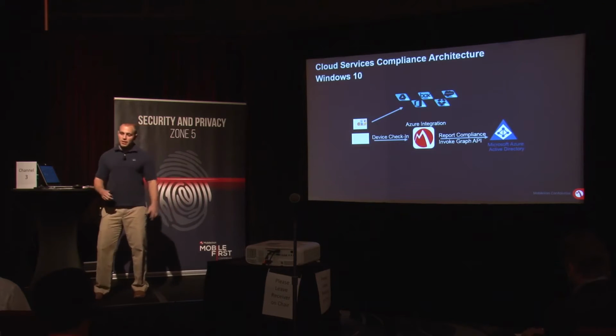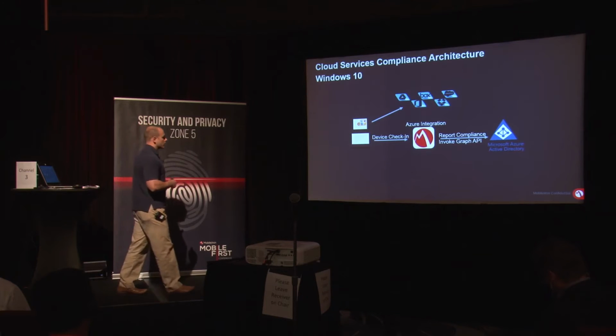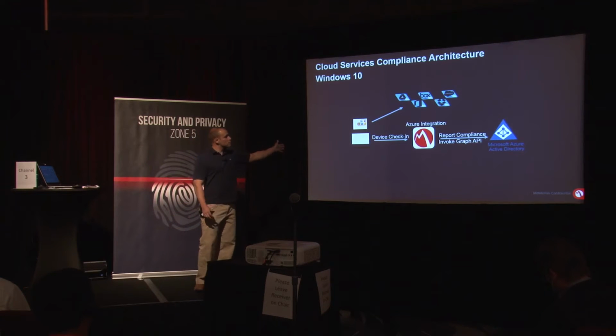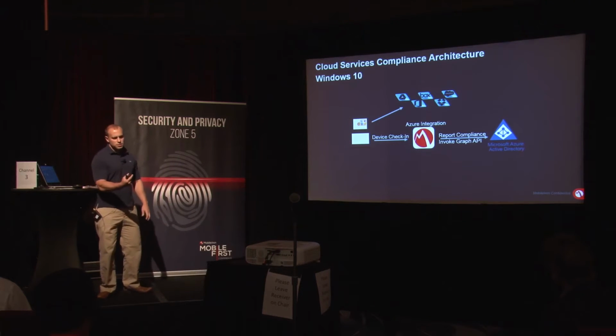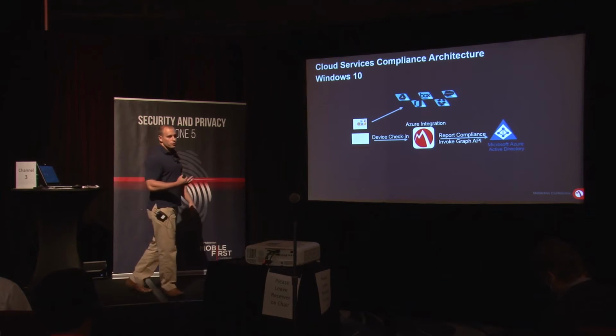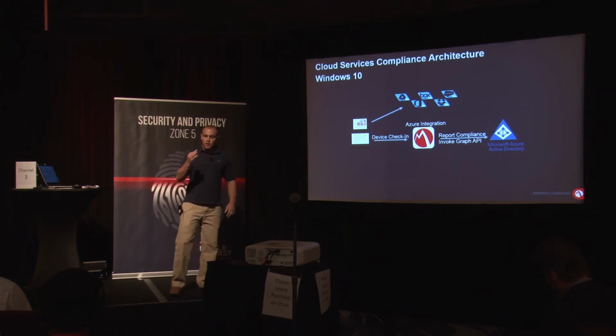So what does that mean? How do I integrate to Azure Active Directory? And what does that mean from an EMM integrating with Azure Active Directory? So I have my Windows 10 device that's on the left-hand side. I'm trying to access my service providers, Office 365. I'm trying to access Exchange Online. I'm going through the Outlook client. And when I try to authenticate,